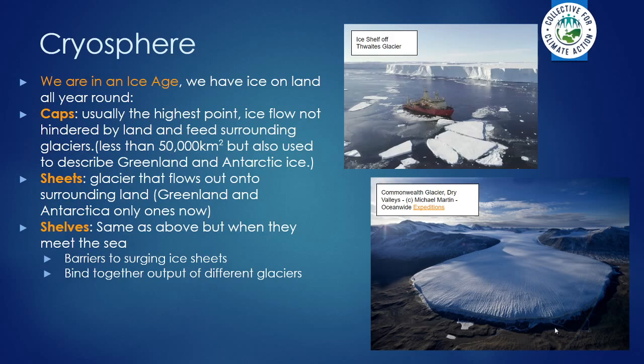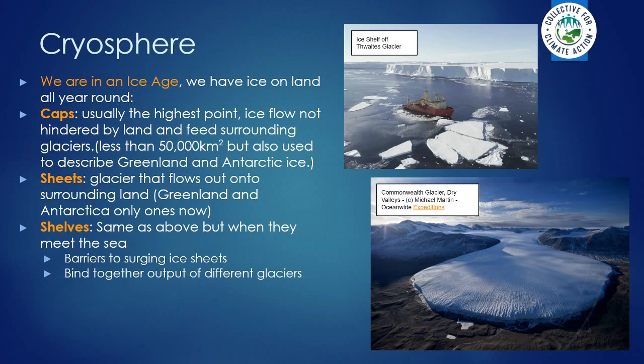This is one of the dry valleys in Antarctica. It's not something that people really think about, but there are parts of Antarctica that have literally no snow on them at all, because it's just too cold to make snow or for it to ever stay there for any period of time. So the ice shelves are really, really important, and we don't want them to break up, but they are breaking up, and that is going to be one of the things that enhances the flow of ice off land and into the sea.